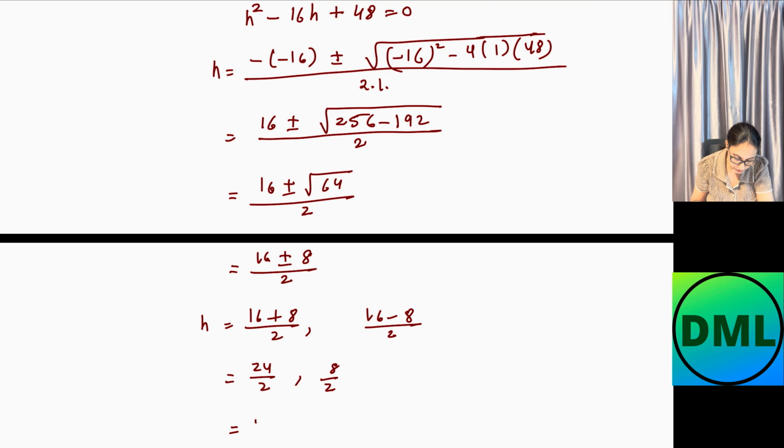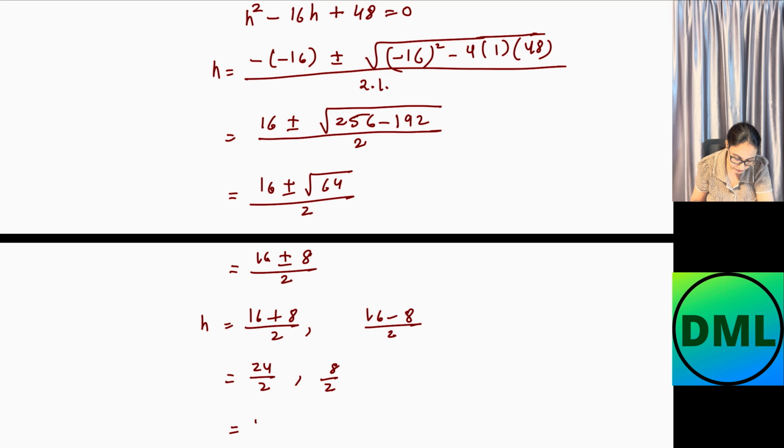Let's substitute h equal to 12 in the volume formula. Volume will be written as √3/9 h³, where h³ is 12³, minus 24h², which is 12², plus 144h, which is 12. If you solve this, your answer will come up as 0. Volume cannot be 0, so we cannot take the value h equal to 12. So we can neglect this. So the value for h will be 4. That will be my answer for the height h.